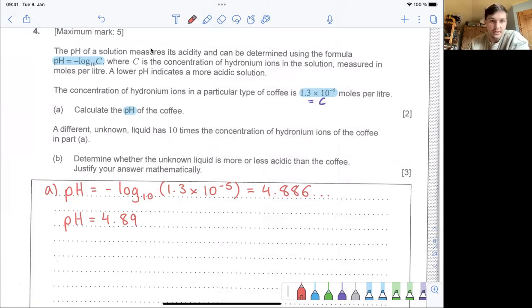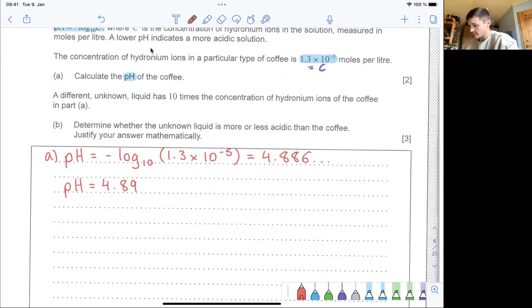So a different unknown liquid has 10 times the concentration of hydronium ions of the coffee in part A. Determine whether the unknown liquid is more or less acidic than the coffee. Justify your answer mathematically. All right, so if this unknown liquid has 10 times the number of hydronium ions, what we can simply do is what we can call our new C. So our new C for our new unknown liquid, we can say is equal to 10 times